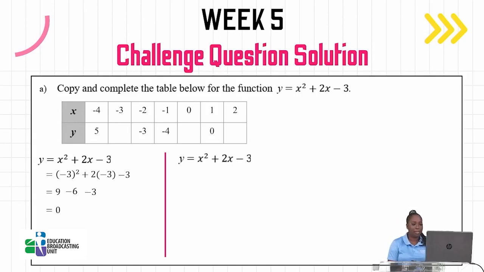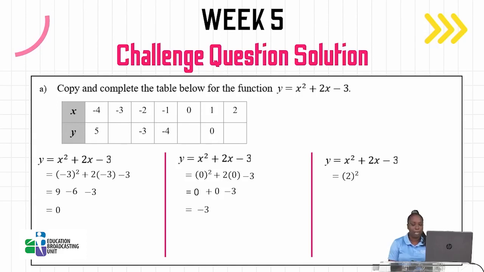So we begin again with the function, and everywhere we see x, we are going to put 0. So 0 squared plus 2 times 0 minus 3. 0 squared is just 0. 2 times 0 is 0, and minus 3. 0 plus 0 minus 3 gives us -3. And our final value, which is 2,